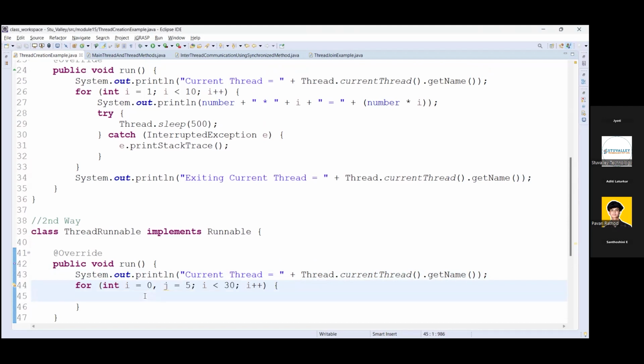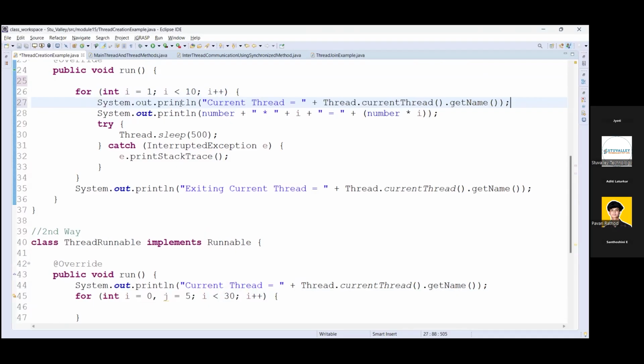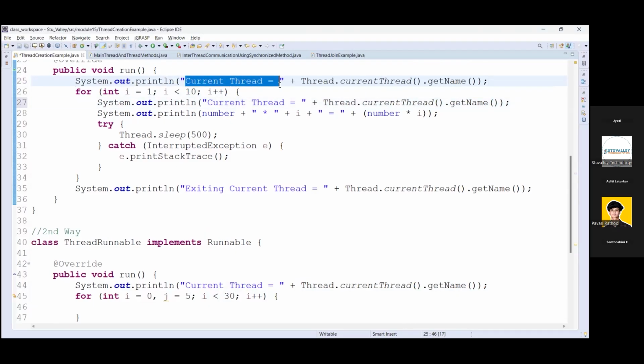Now in this statement, I will display, to see the output correctly, inside the for loop, I will display this. And here I am only display thread execution started for the particular thread name.